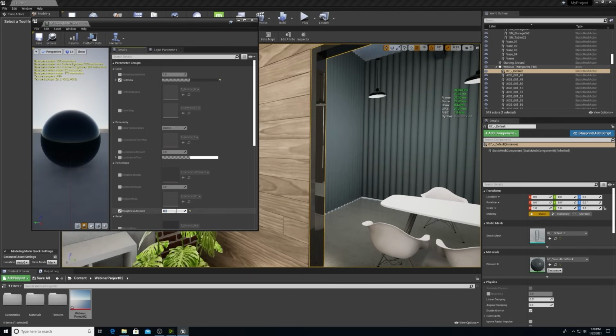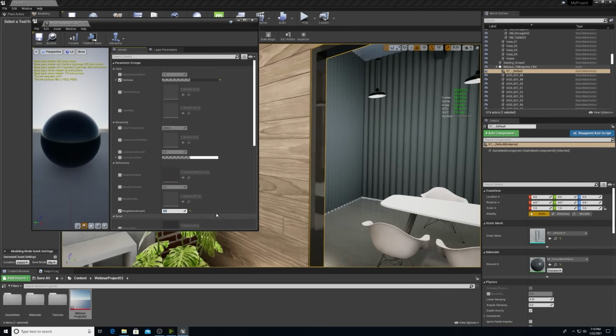If I put this at 1, it goes away, and if I put it at 0.5, it has this kind of diffused reflection. So the diffused reflections are going to be a little bit more expensive when you're rendering and might want to be avoided. So that's good to know if you are creating your Twinmotion file. It's actually better if you keep that roughness amount either with a lower number or a high number.